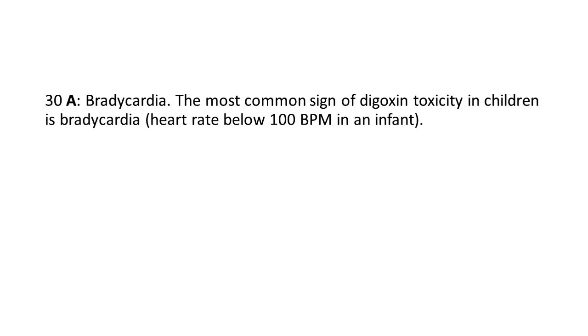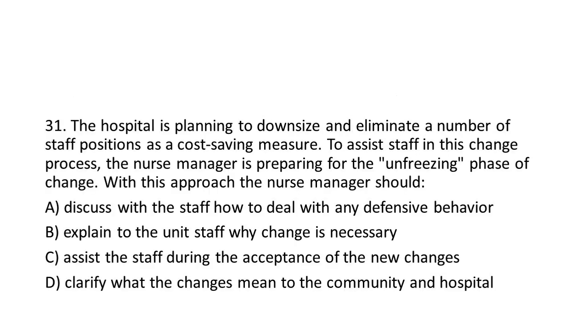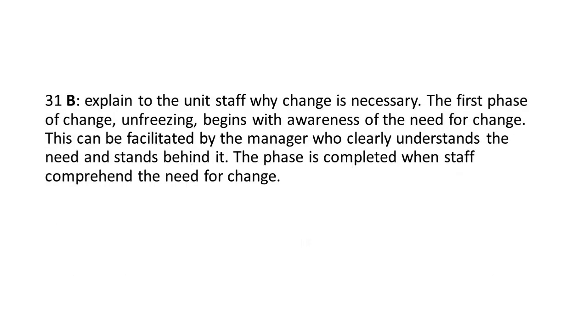Irritability. D. Vomiting. 31. The hospital is planning to downsize and eliminate a number of staff positions as a cost-saving measure. To assist staff in this change process, the nurse manager is preparing for the unfreezing phase of change. With this approach, the nurse manager should A. Discuss with the staff how to deal with any defensive behavior. B. Explain to the unit staff why change is necessary. C. Assist the staff during the acceptance of the new